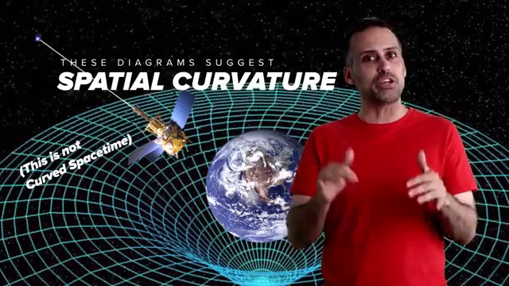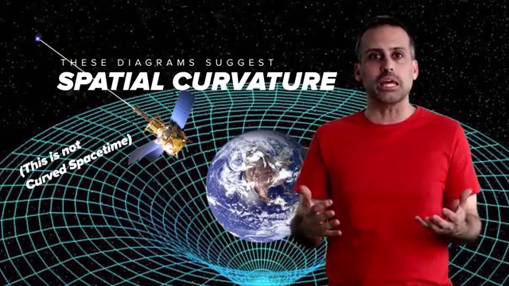Those pictures that you see of Earth deforming a grid the way a bowling ball deforms a rubber sheet, or even the pictures we sometimes use on this show, they all suggest spatial curvature only, so they're somewhat misleading. Remember,